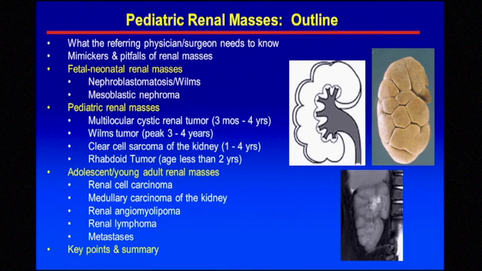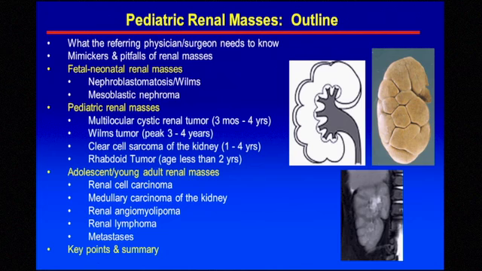We'll talk about mimickers and pitfalls of renal masses, and we'll divide things into some basic age groups: fetal, neonatal, pediatric, the older group, and then adolescent and young adults. And we'll speak in a little bit more detail about each of these subtopics: